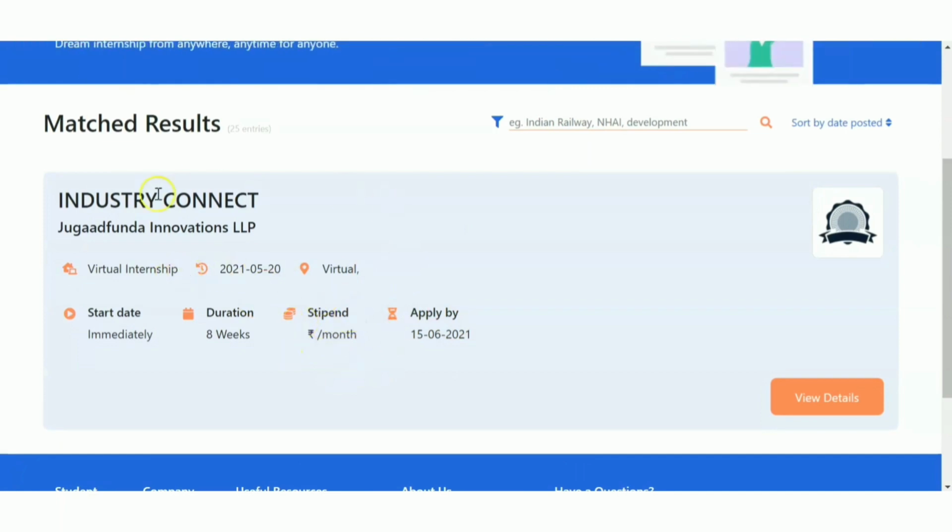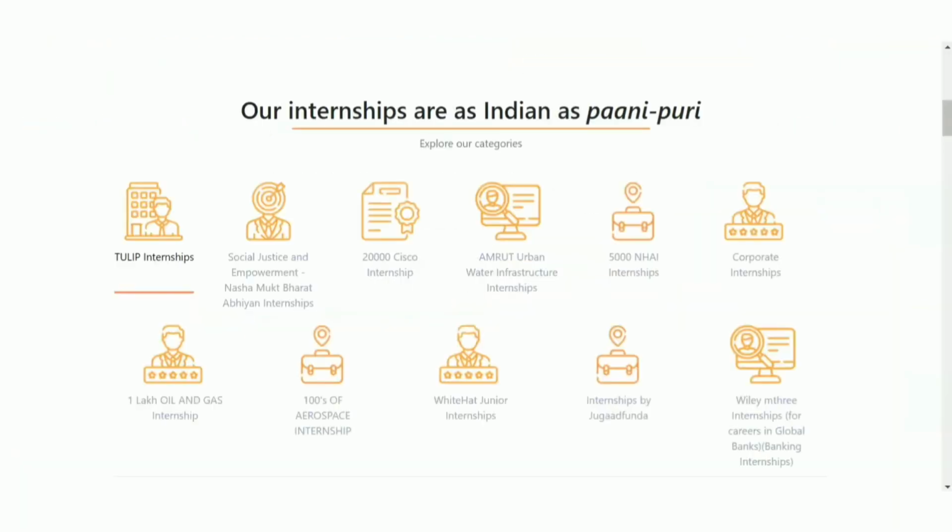Okay. And another important feature here is virtual internship. You can also find a lot of virtual internships, which means you can do the internship from your home itself. It is like a work from home kind of thing. So you can do these internships or jobs from home. If you are looking for a part-time job, or you are free for 2 to 3 months and interested in doing some job and earning some money, you can always explore this site.